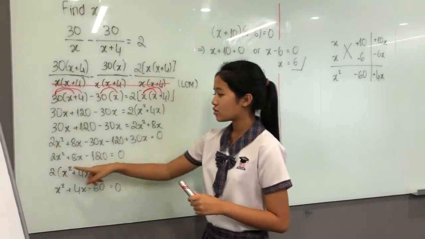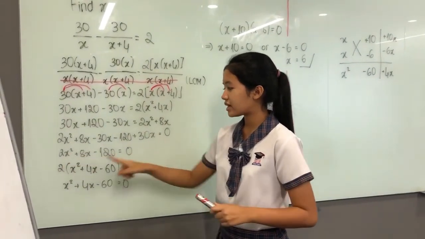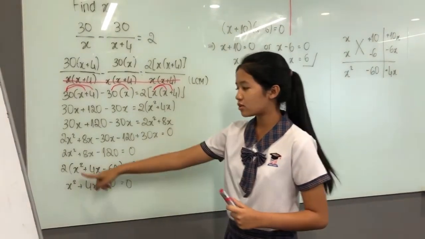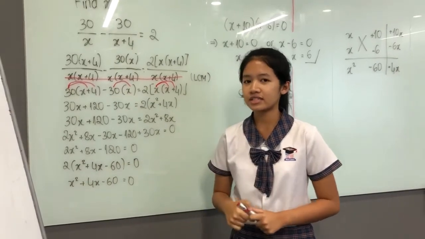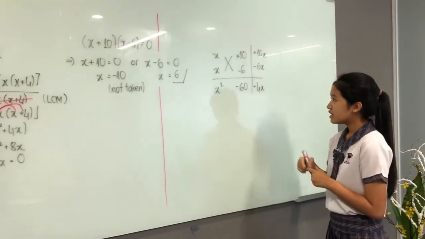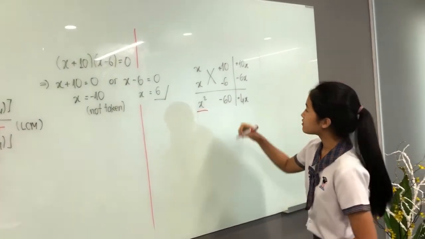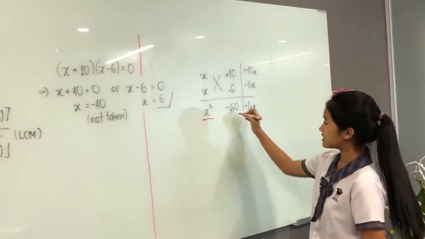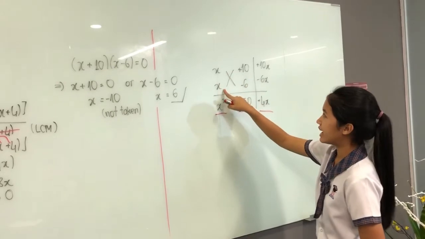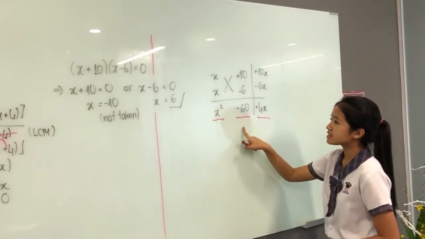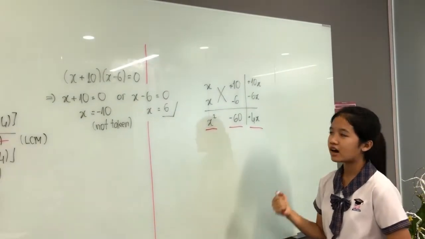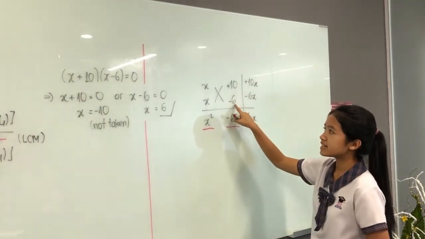And then we factor 2 out of this equation, we get x squared plus 4x minus 60. Then we can erase the 2 because it is the quadratic equation. Then we will solve it by using this table. We need to put x squared here, plus 4x here, and minus 60 here. To get x squared, we need to take x multiplied by x. And to get negative 60, there are many ways, but only plus 10 and negative 6 can fit